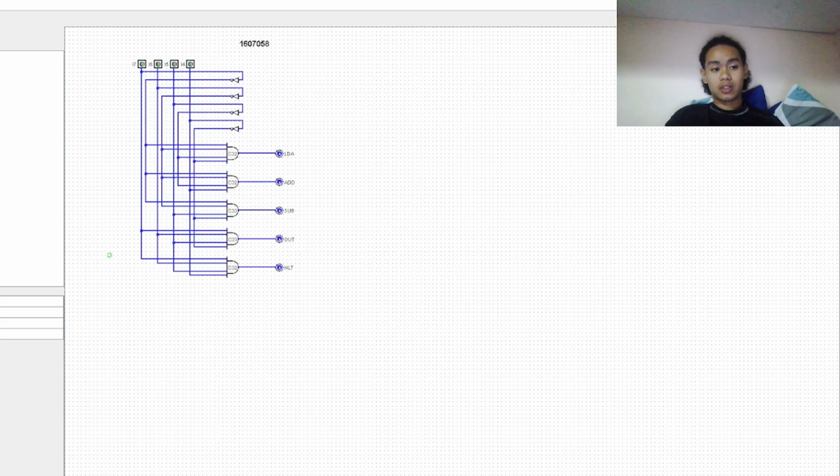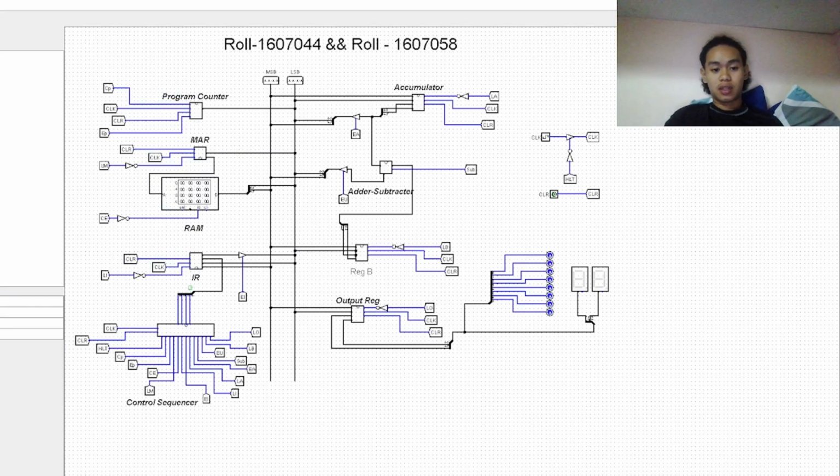Next is the instruction decoder. Its job is to translate binary instructions from memory into control signals that the SAP-1 can act on. It's like a translator, ensuring the CPU understands and executes instructions correctly. The test circuit is used to validate and troubleshoot the SAP-1. It's like a diagnostic tool, ensuring everything functions as it should.